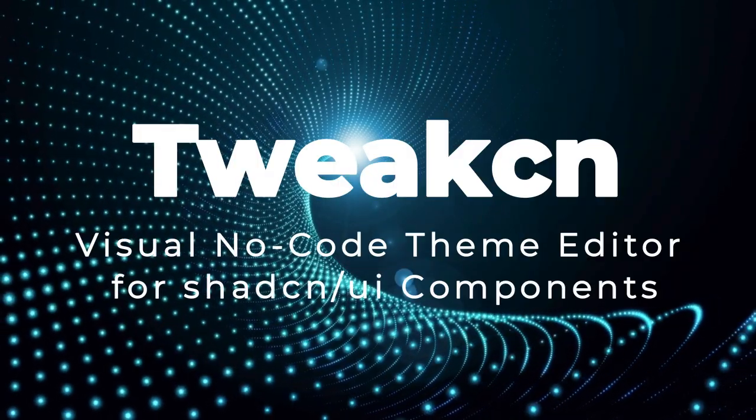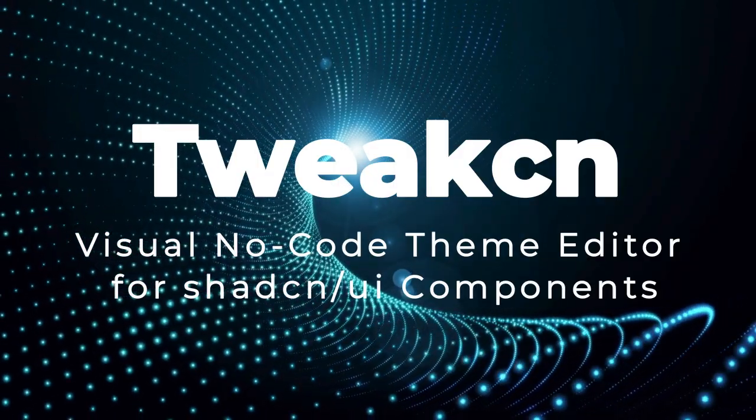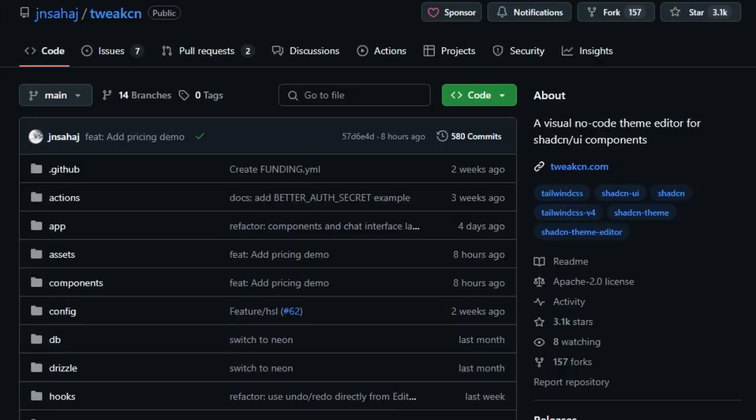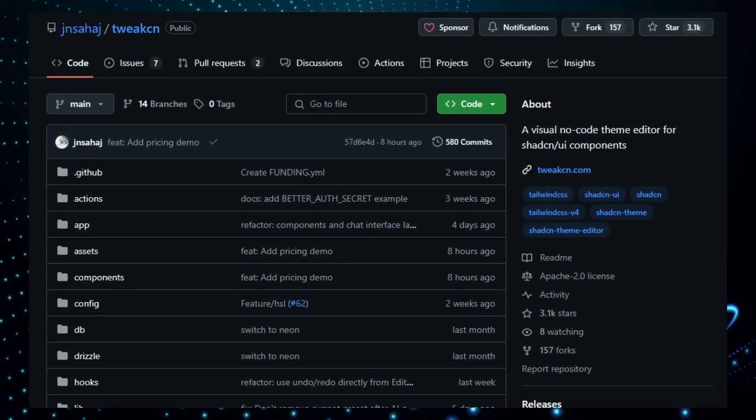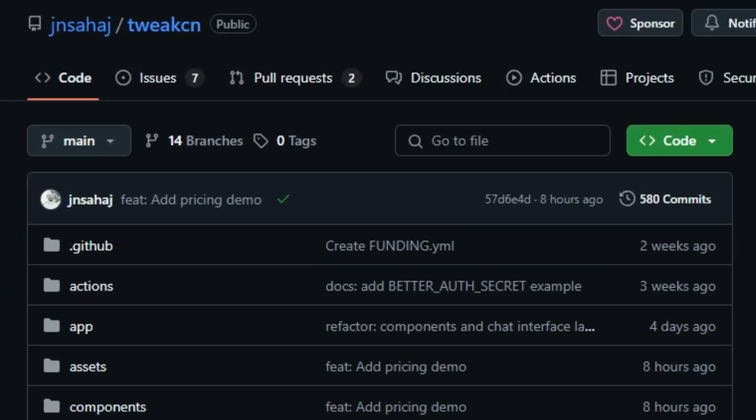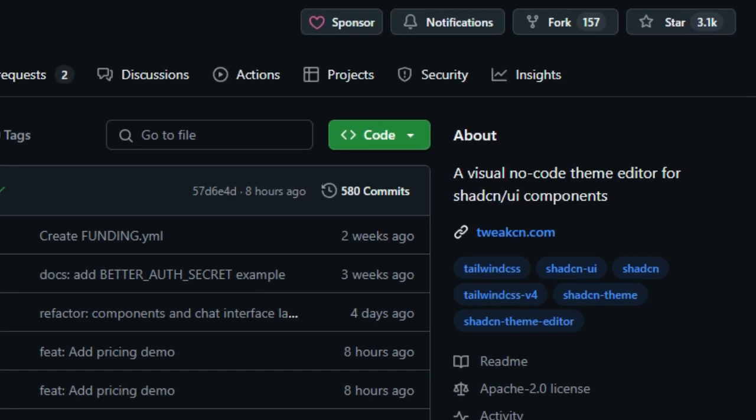Project number 7, Tweakcn, Visual No-Code Theme Editor for shadcn/ui Components. Imagine you're building a website using shadcn/ui Components and Tailwind CSS, but you want your design to stand out from the rest. That's where Tweakcn comes in, a visual, no-code theme editor that empowers developers and designers to customize their